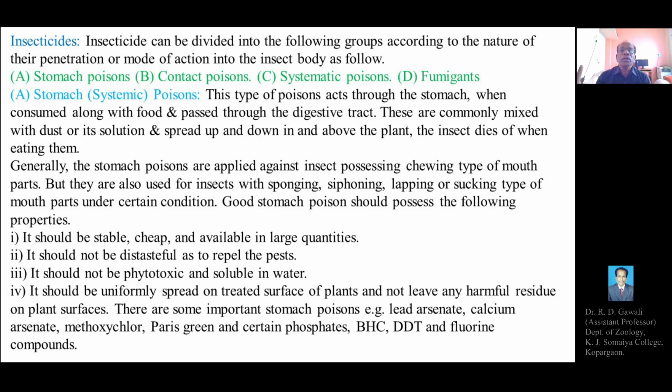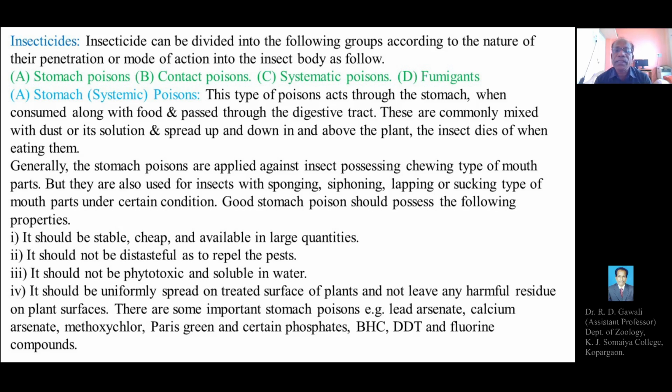So that can lead to phytotoxicity, where the plant material or plant products can be phytotoxic and harmful, leading to a poisoning or toxic effect on other animals like human beings. So stomach poison should not be phytotoxic and should be water soluble. It should be uniformly sprayed. The stomach poison should be sprayed uniformly on the treated surface of the plants and not leave any harmful residue